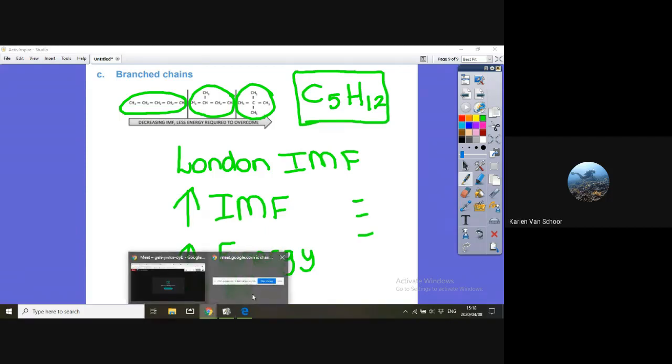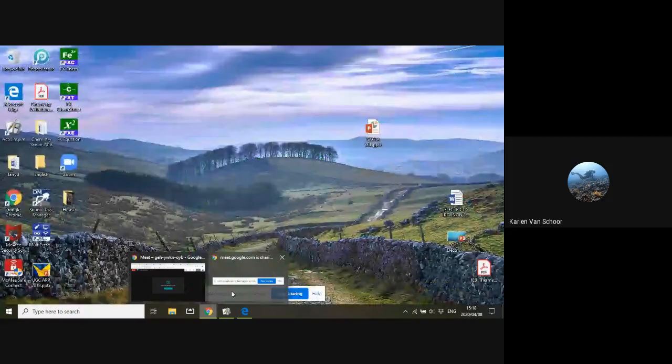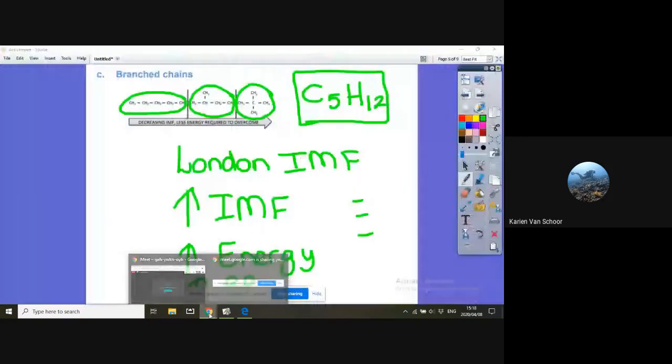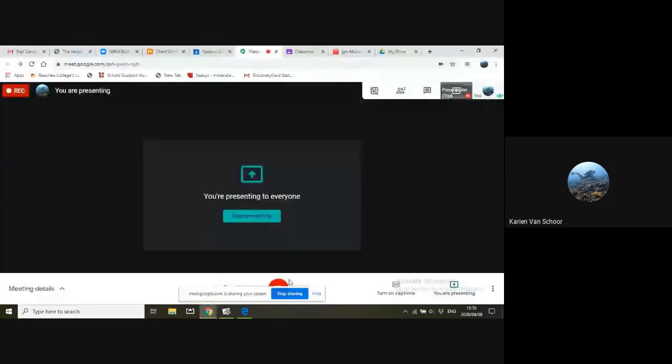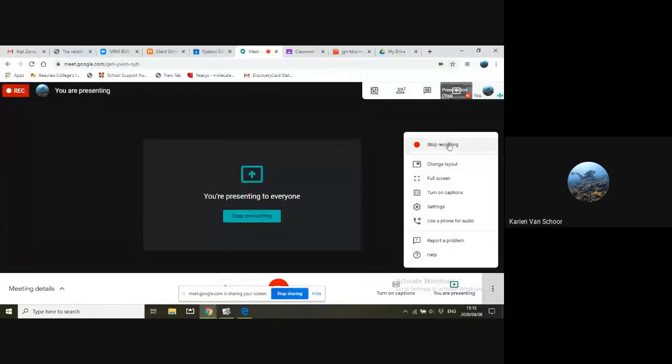And that is it. So the only lesson I have left is the summary on the organic molecules. And for that, you're going to need that last page in your notes. But I'll show you nicely. So one more lesson from me, and then it's time for your Ciabula exercise. Please don't forget that. It is only due at the end of the holidays, but you need to do it. It's not going to be on organic, it's going to be on